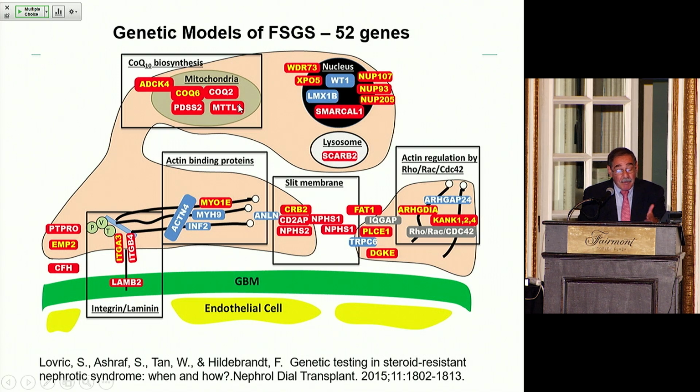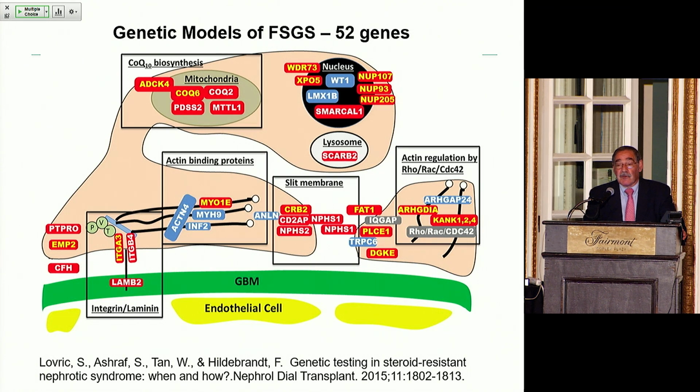These are all genetic models, but they're all genes that were in humans. You can't possibly know all of them, but the ones I put down are the big ones. Those are the ones that are much more common. Even in a big center, you may never see any of these genes, so it's worth knowing those few.